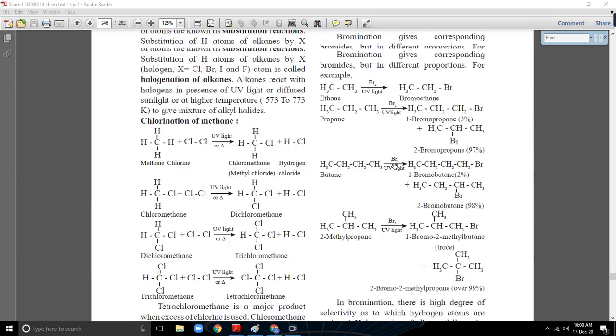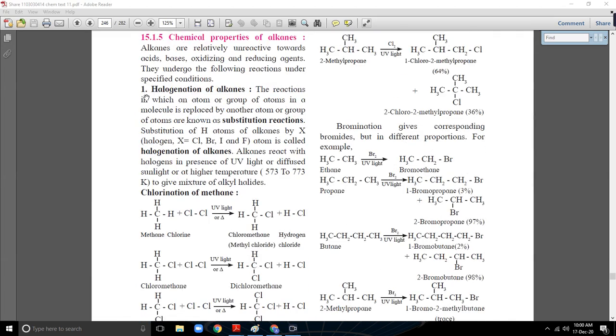So we'll just discuss halogenation, which is the addition of halogen. Okay, the reactant molecule will be alkane here, and you have to replace hydrogen by halogen. See, this is the hydrogen atom which is replaced by halogen. This hydrogen is replaced by a halogen atom. So chloromethane is formed. Methane and chlorine react to give chloromethane.